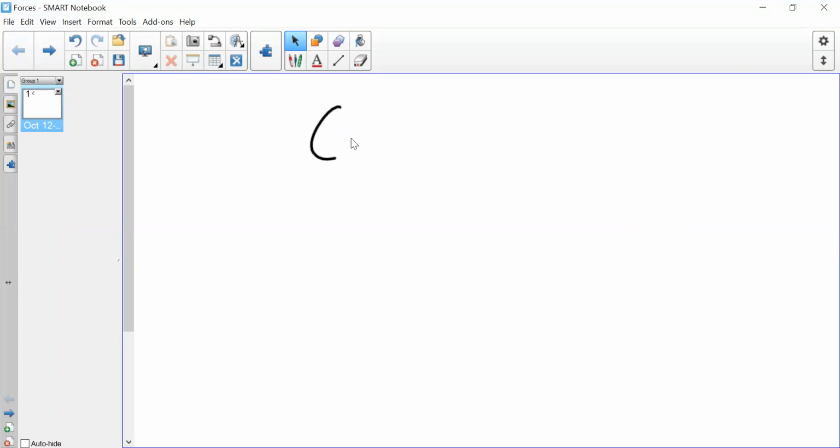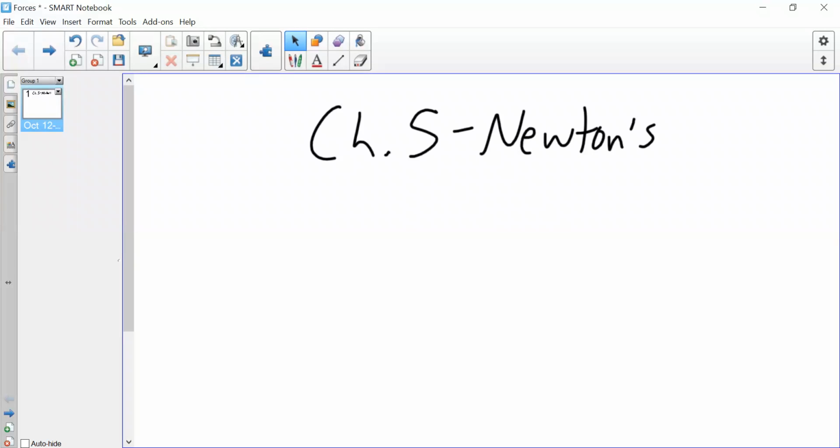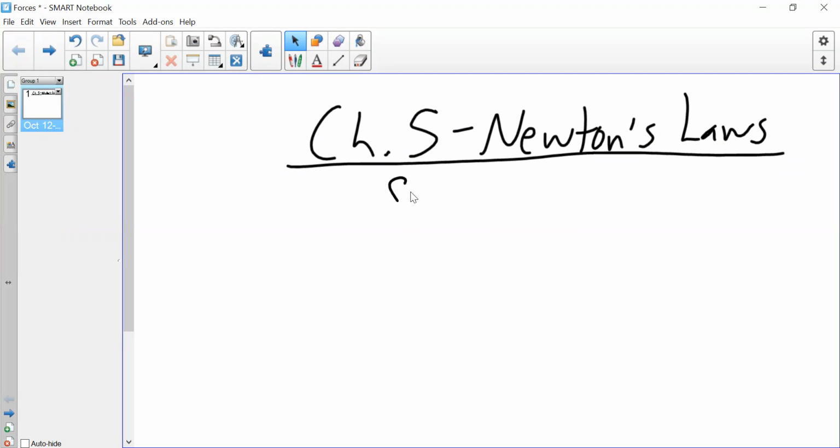Okay, so chapter 5, dealing with Newton's laws. Okay, and then first coming out of section 5.1,